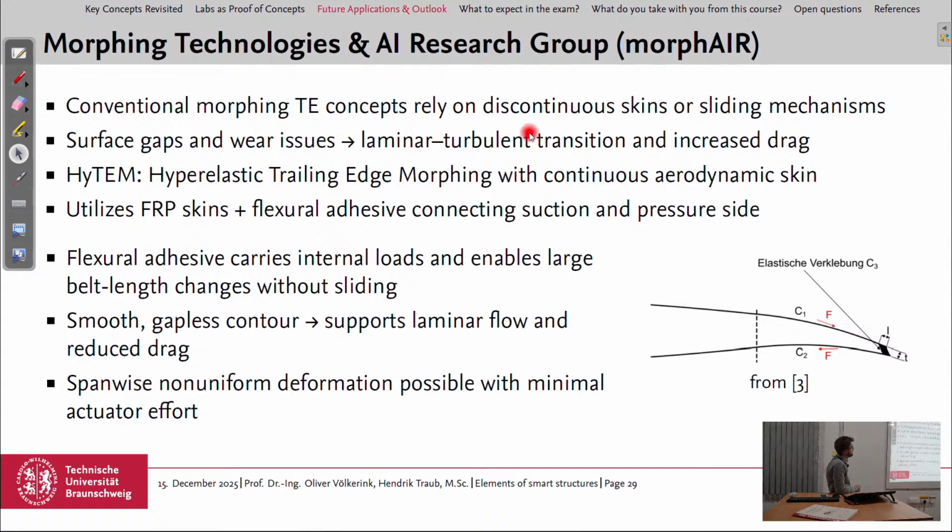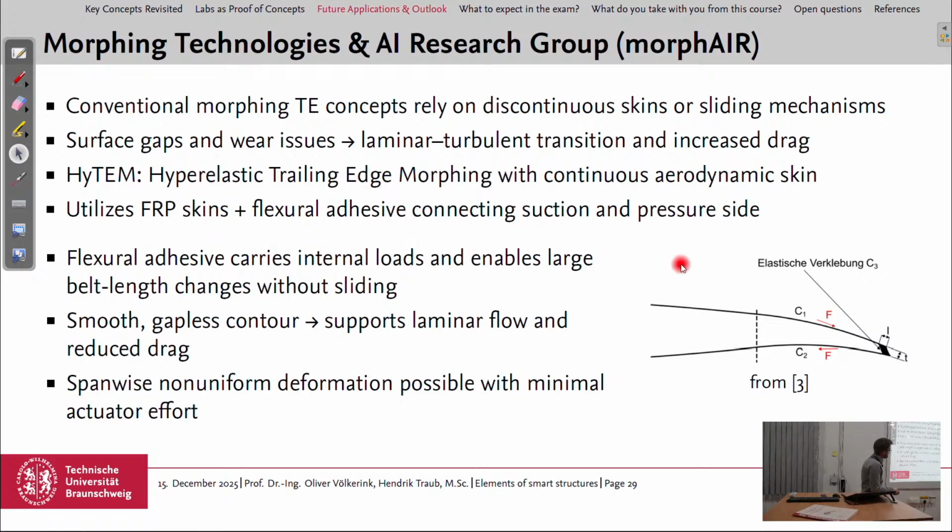Traditional concepts rely on discontinuous skins and sliding mechanisms, but then we have surface gaps and also wear issues. And all surface gaps lead to laminar-turbulent transition and increased drag. And in this case, they used a hyperelastic trailing edge concept for morphing,